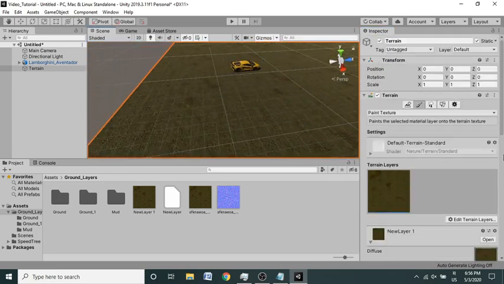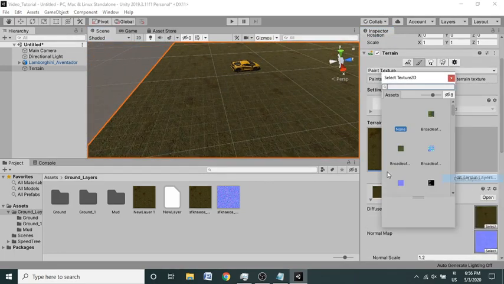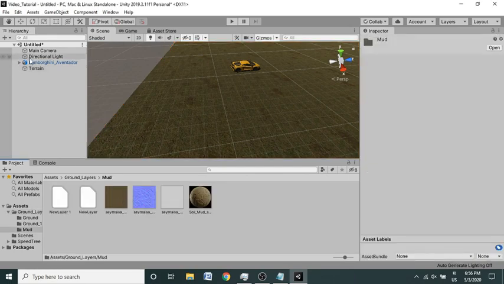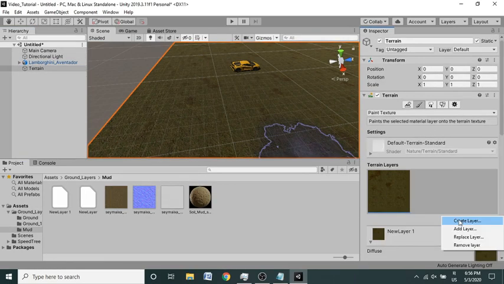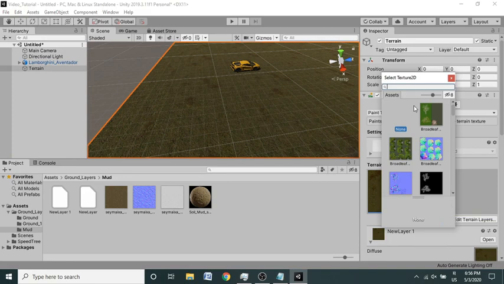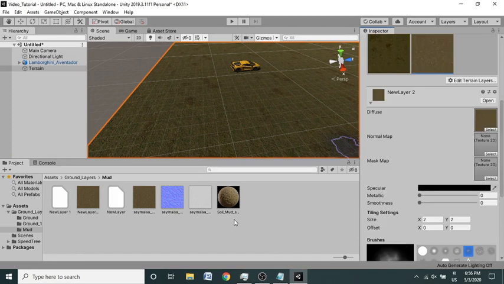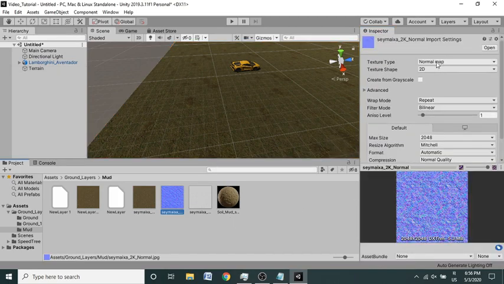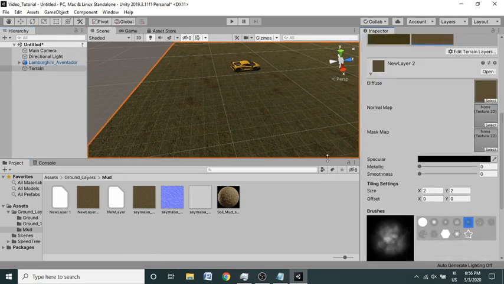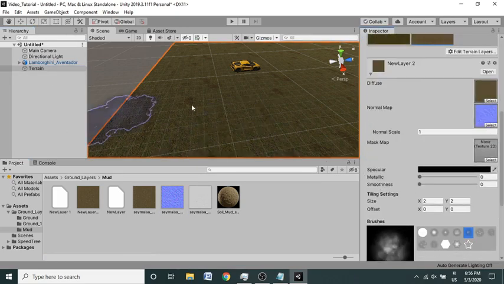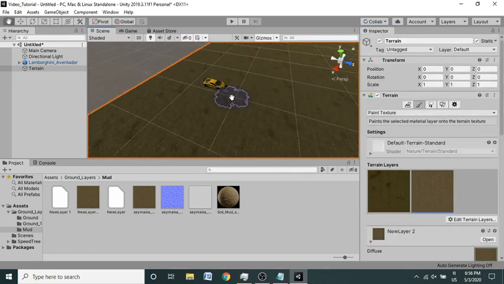So I'm going to add some more terrain layers, and another layer is called mud, and its name is something else. On the Quixel side, I don't know why Quixel names the textures like this. It's their choice, but yeah, I don't like that much. So I already created it as a normal map. Just drag and drop the normal map here, and just like that we have imported this.